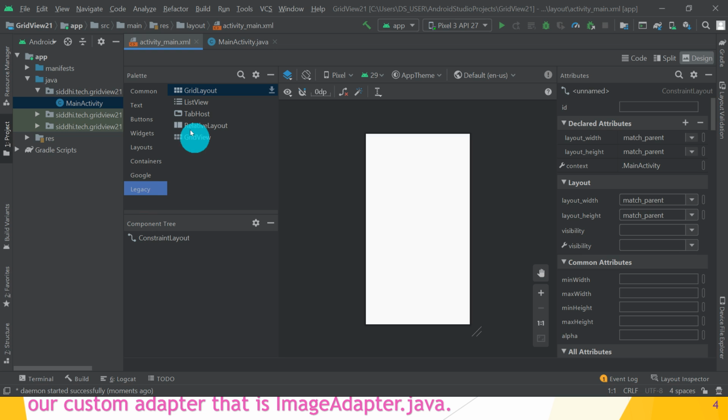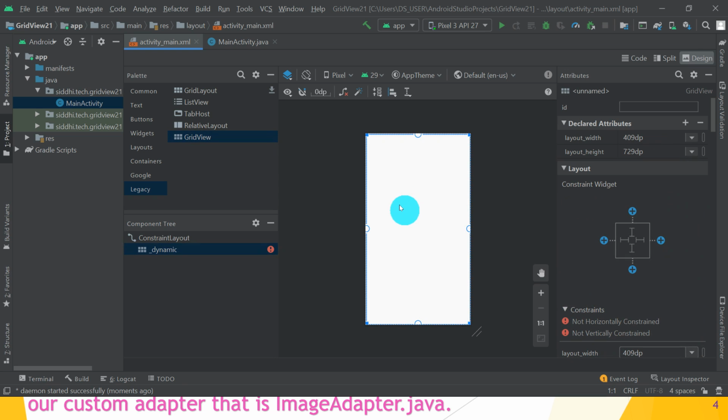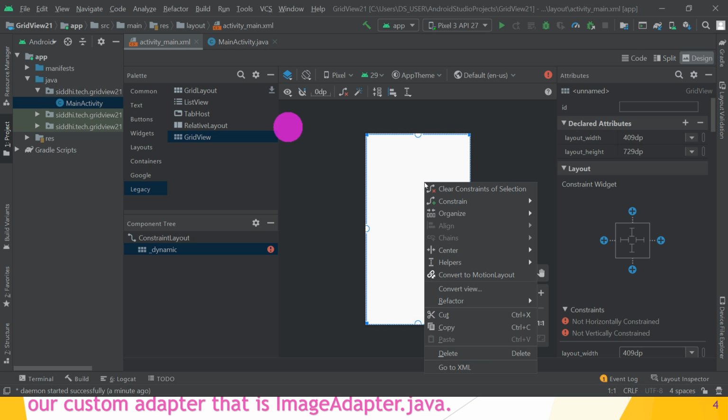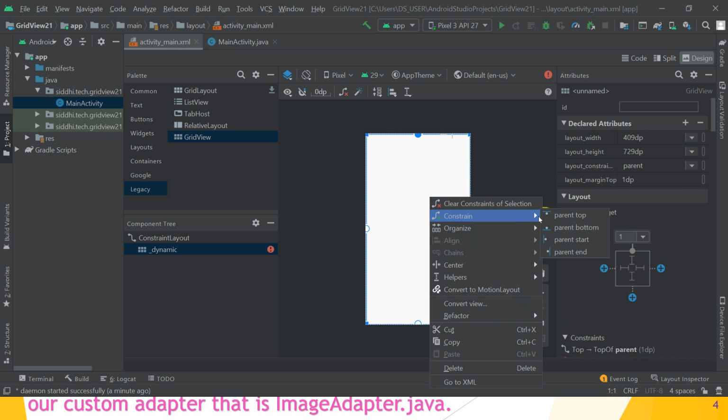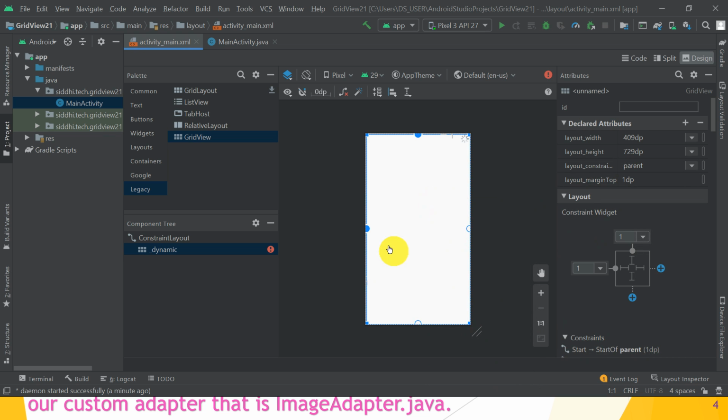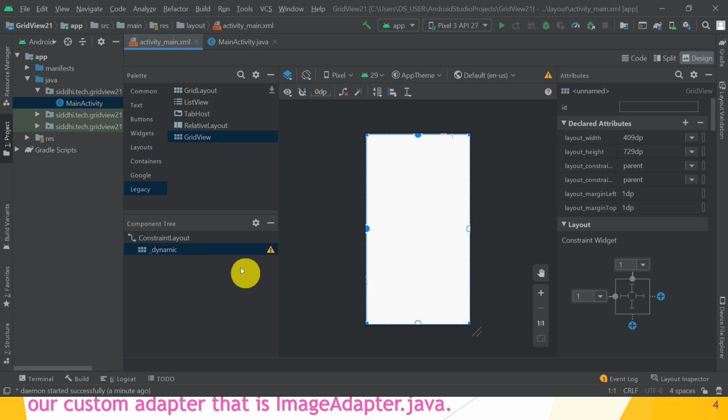From that, choose GridView and add this grid view into your activity. Great. After that, you can give at least 2 constraints to this view which is placed on the constraint layout. So give the constraint from parent top and constraint from parent start. Great. So this error is removed.